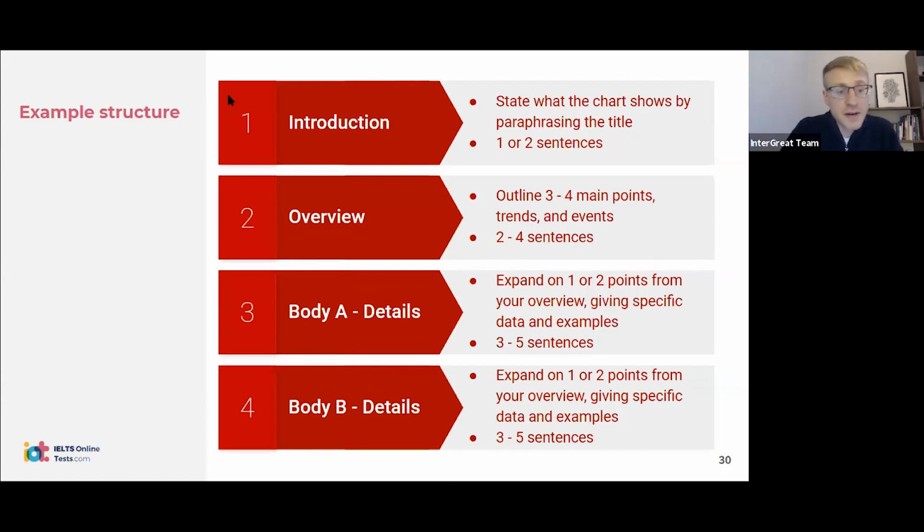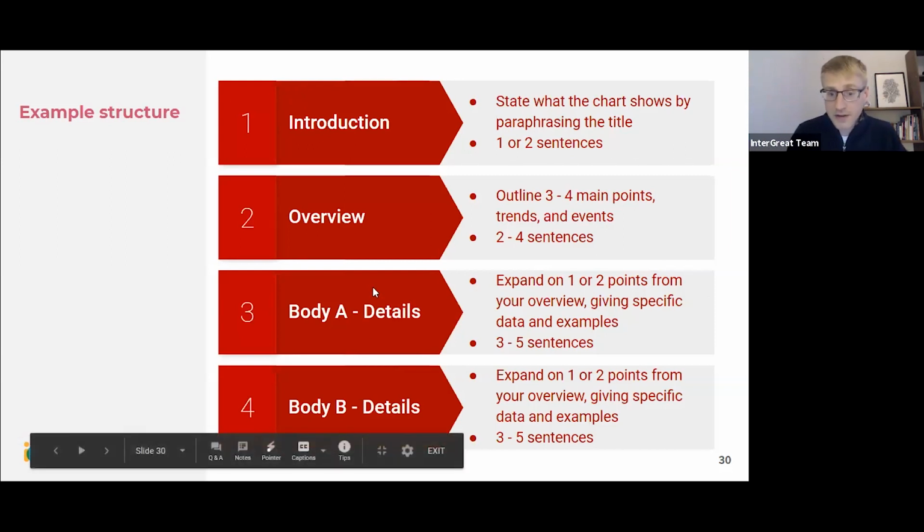We'll look at this in a moment, Miguel. So, Ankong, to separate them, it just makes it very clear to the examiner. This is my introduction. This is my overview. If you put them together, it's not going to make much difference either. It's just a stylistic choice. Okay, so it's really up to you. Okay, so guys,